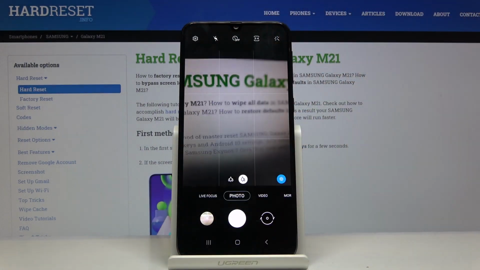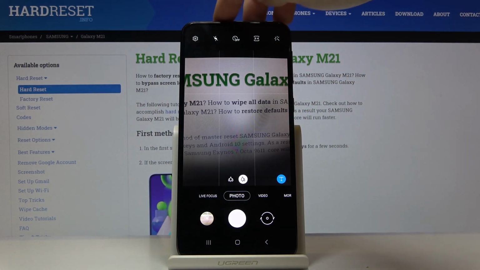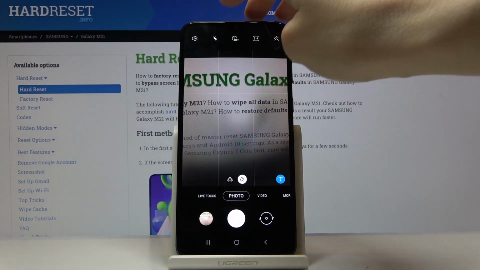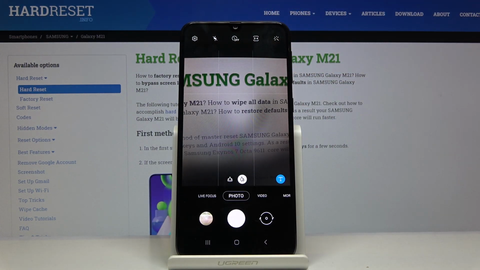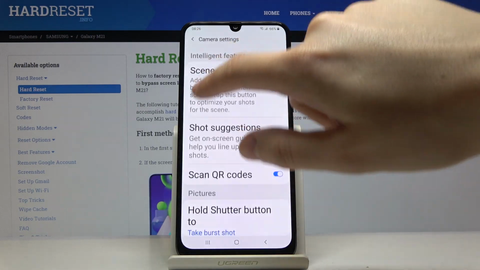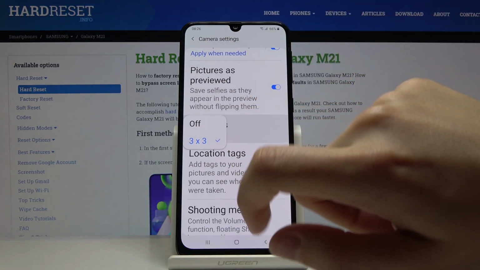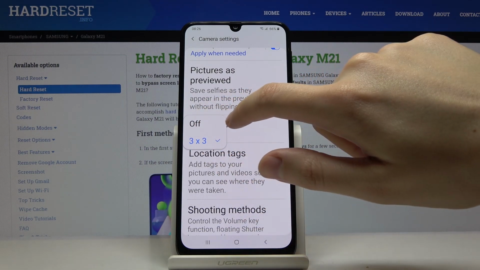I'm going to show you how it looks like, and as you can see it generates us these lines. These lines are helpful, for example, when we want to use the rule of thirds in photography, and we can also go back and turn it off easily here by tapping on this the second time and choose the off